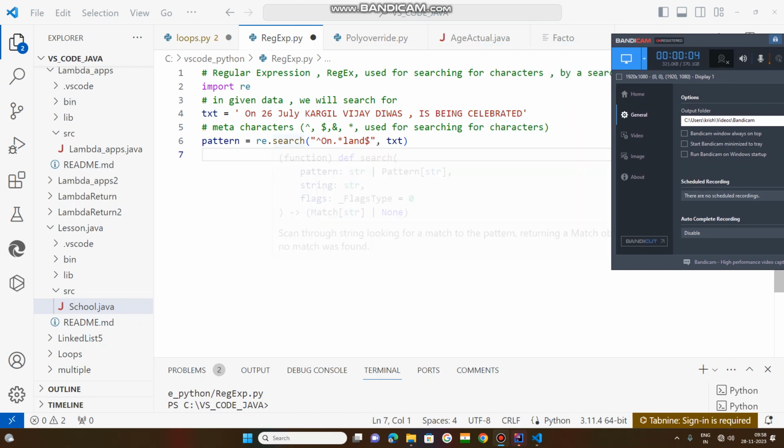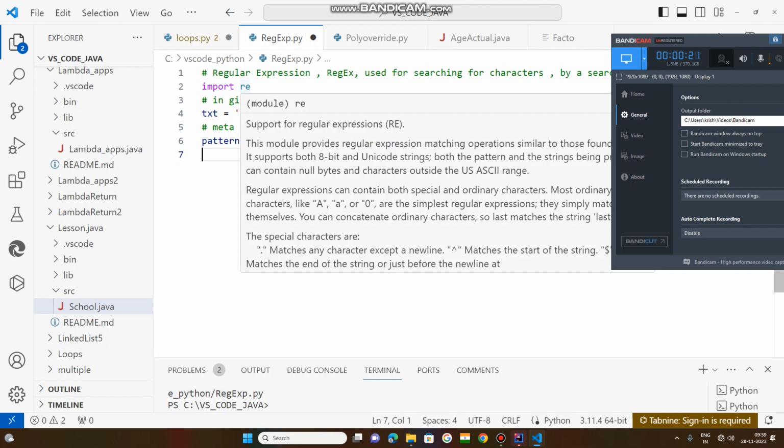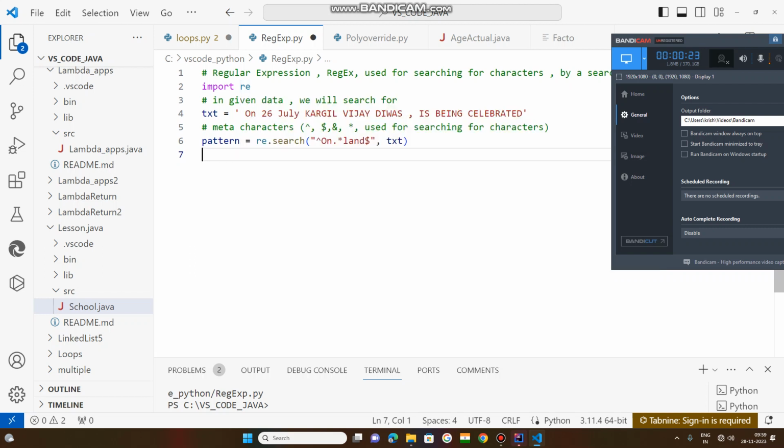This is the pattern I have designed. This pattern looks in this given variable. This variable holds this much of data. So the pattern is what? For that I have used the re module. From that module,